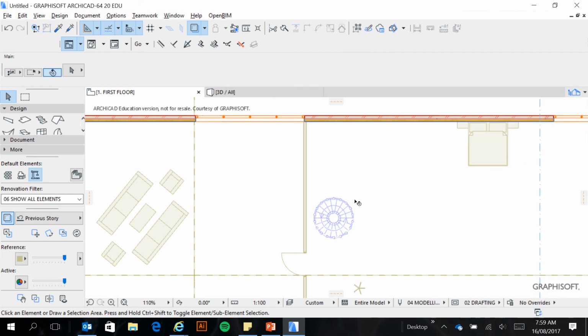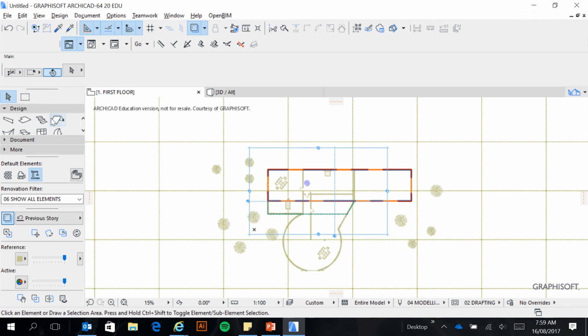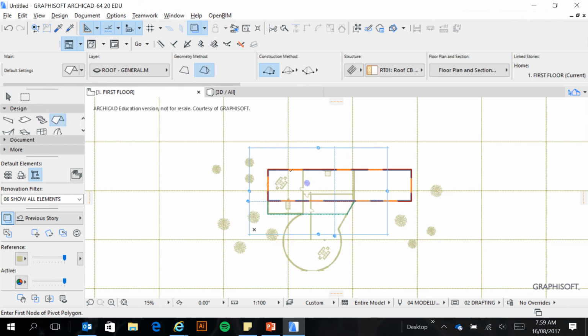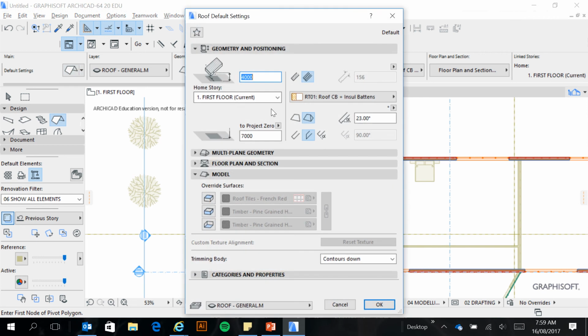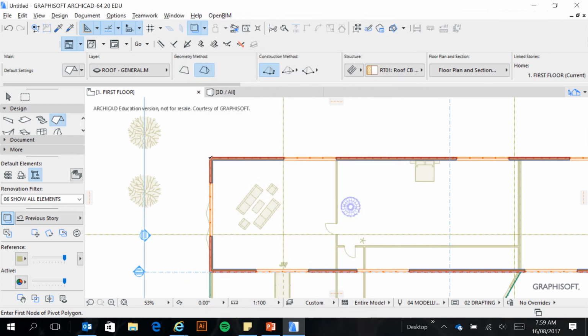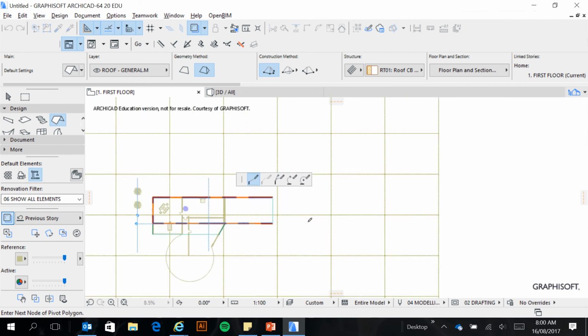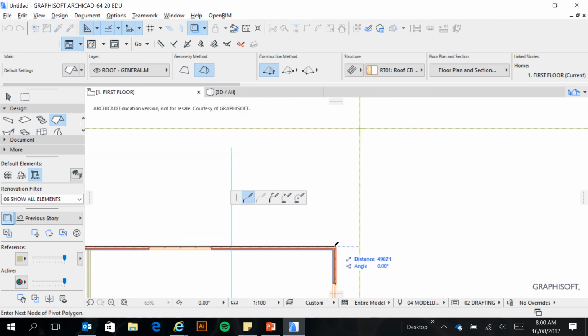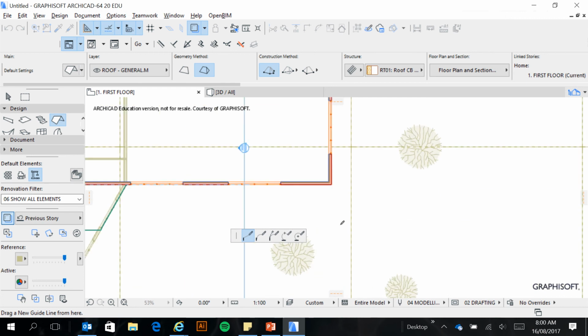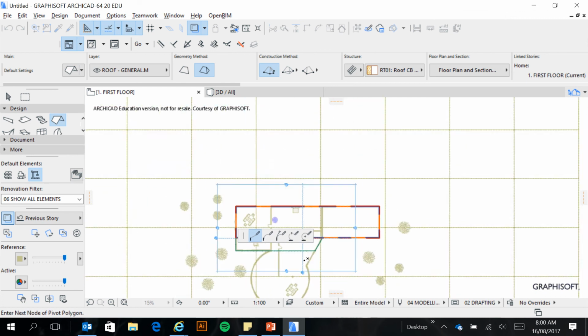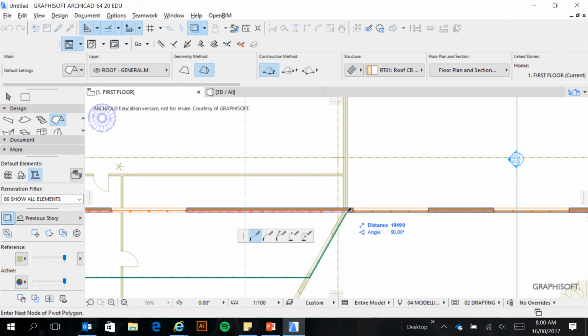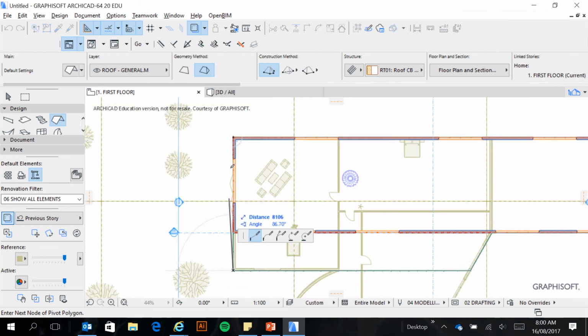Okay, so now we need to make a roof. Same deal. Click on the roof. You've got to make sure, yep, 4,000. Perfect. To project 0, we need it to be 8,000 because it's 4 plus 4. Show layer. Now the reason it's asking me if I want to show the layer is because I hid it before, but now I've deleted that roof and we're starting again. Now I might like my roof to come over the top of my deck,